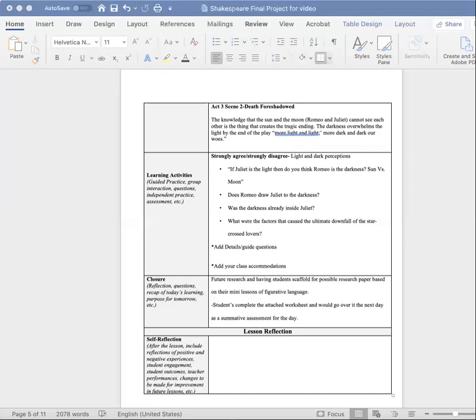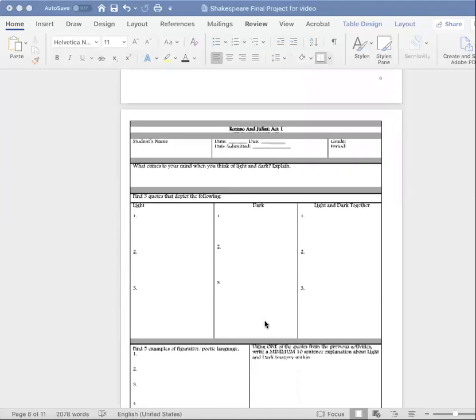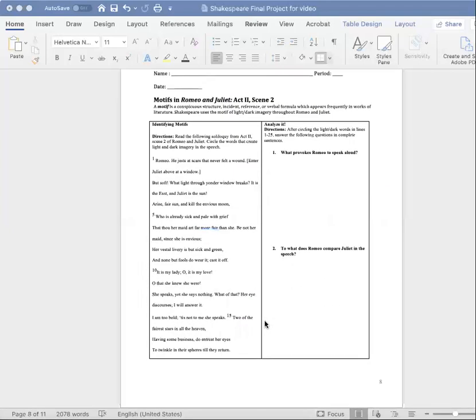But to close out this mini lesson, I would have students complete the attached worksheet, which we're going to look at in a minute, and go over it the next day as a summative assessment. So we're going to go down here. And this document is adapted from Teachers Pay Teachers, and if you don't know what that is, you definitely should. It's a teaching lifesaver. So we've listed that Act 2, Scene 2 passage